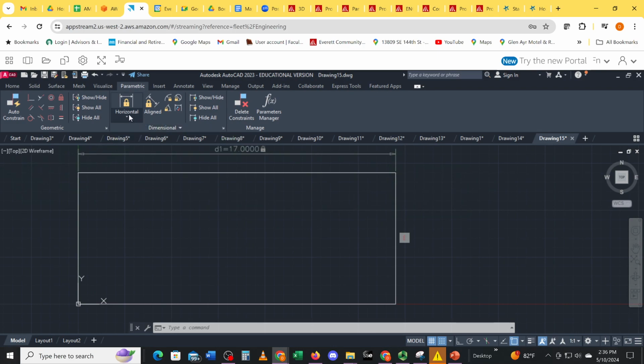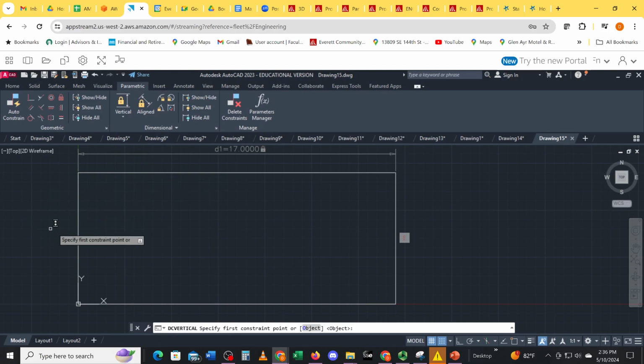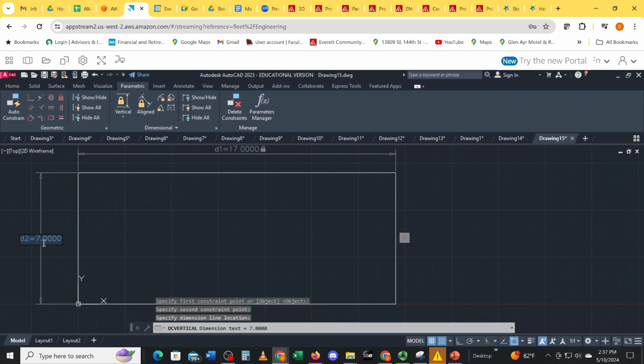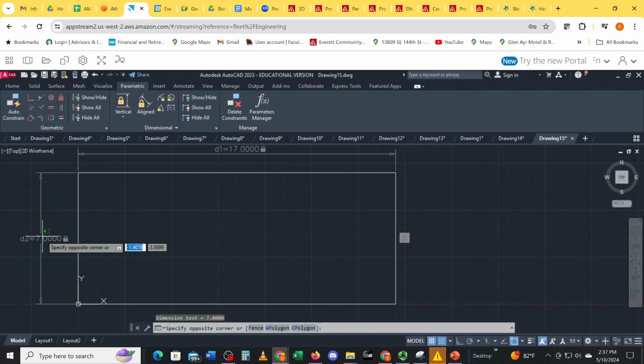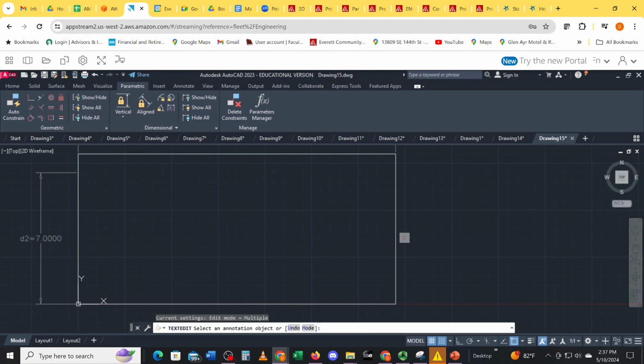Let's try a vertical dimension. Click here. Sorry. Vertical dimension and click here and here. And we'll try and click on this to change it. You've got to click on it to where that comes up like this, and then I can change that to 8, and I'm going to get,